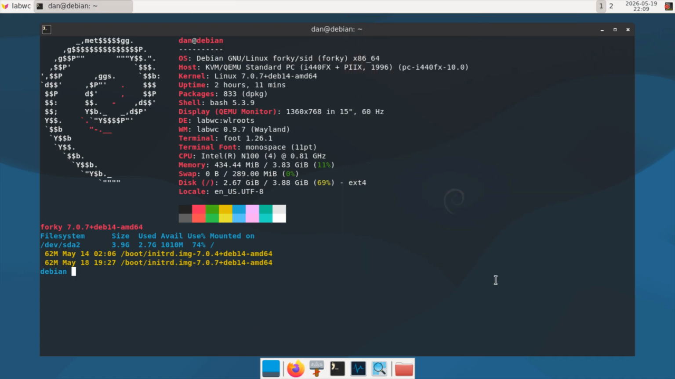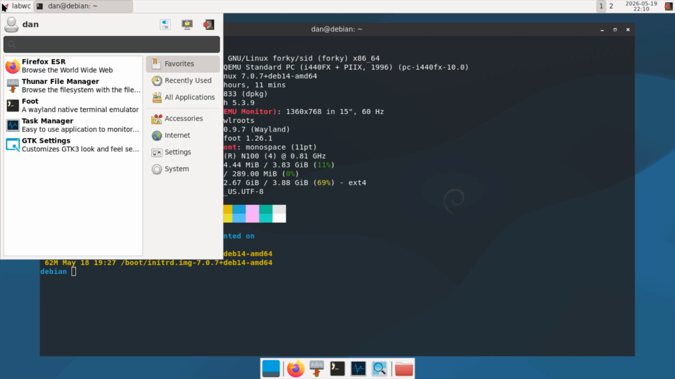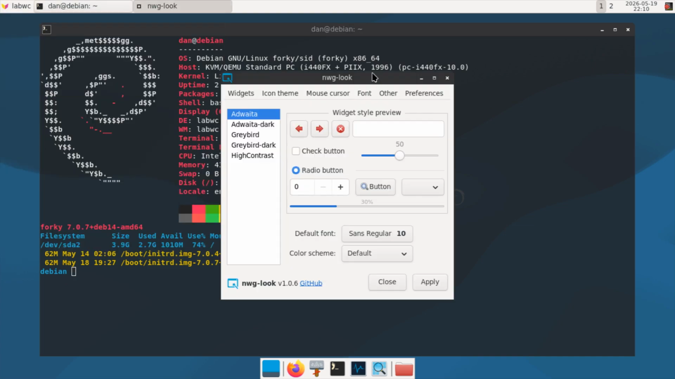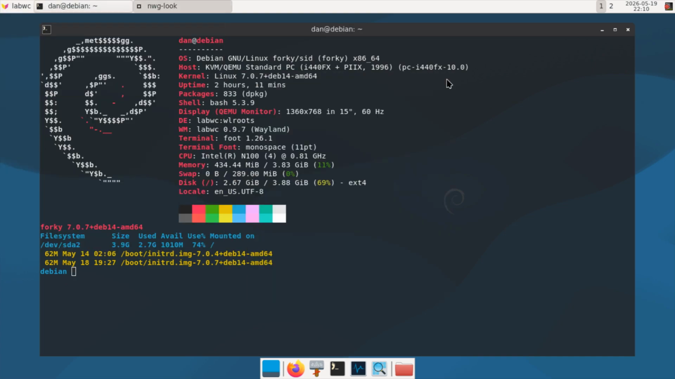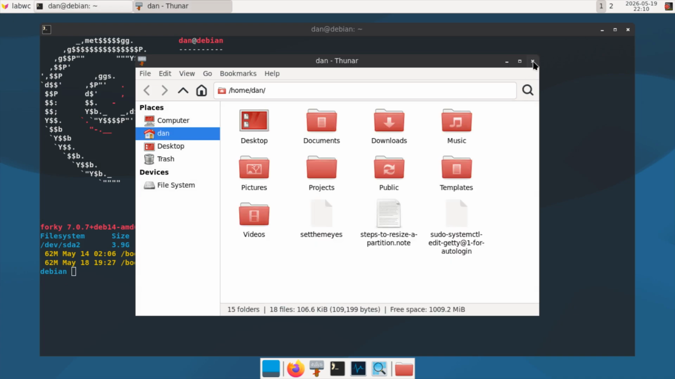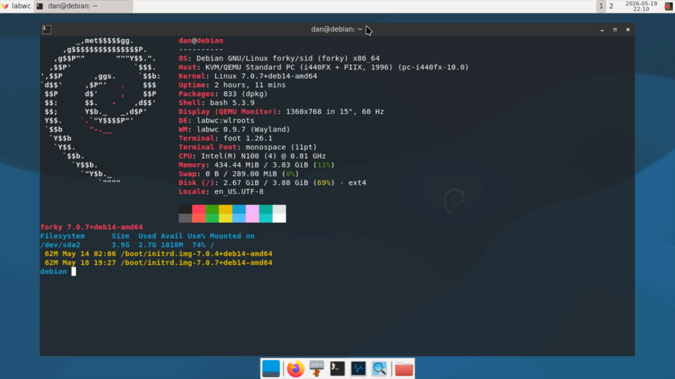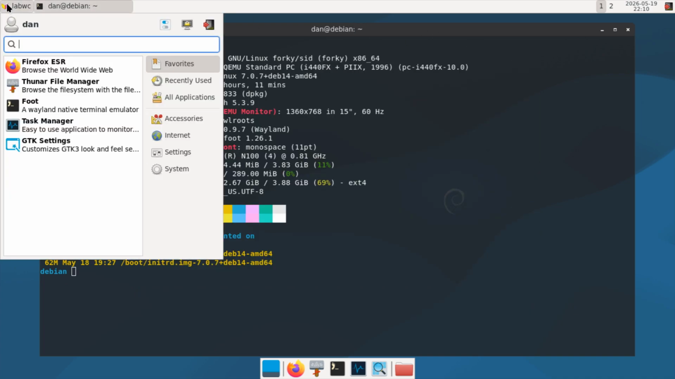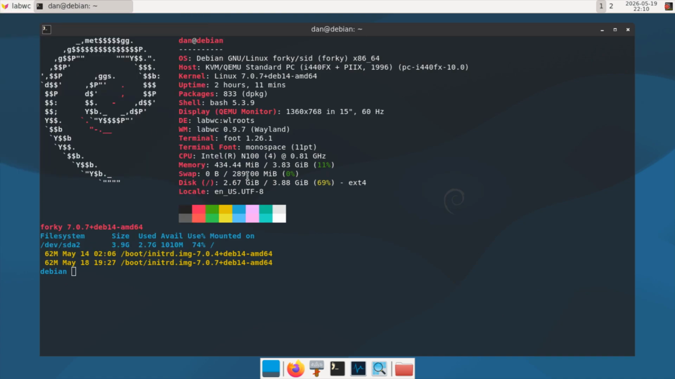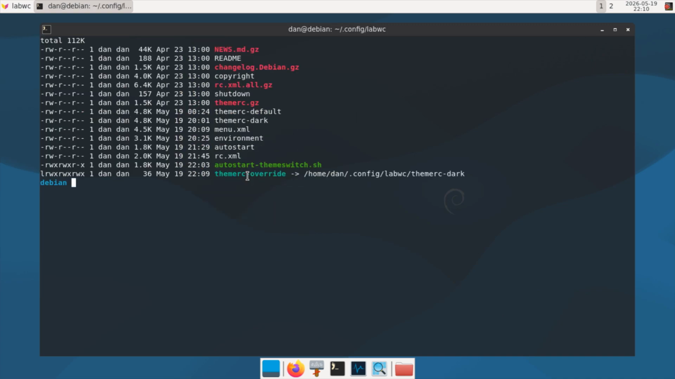But yeah, here now also the window is in light theme, but not the window title bar. So in cd .config/labwc, here we have all the files. I just used the themerc.gz, which is under